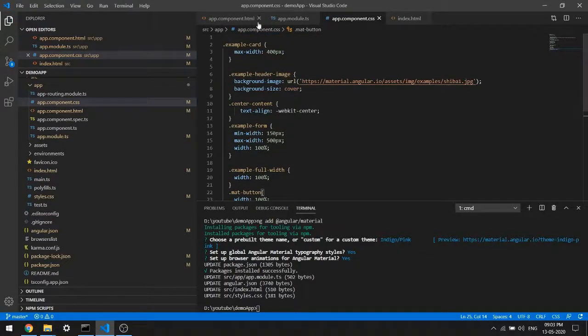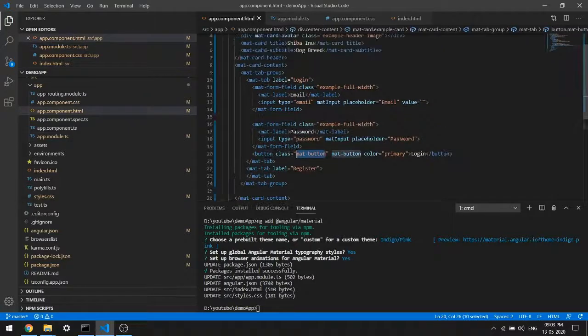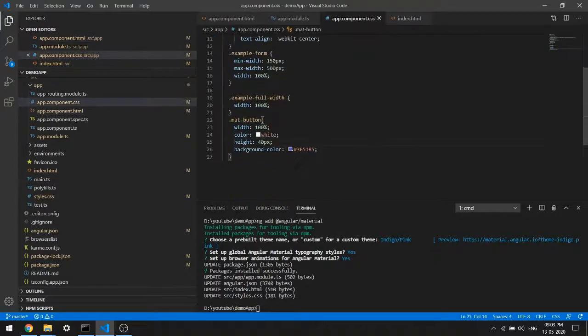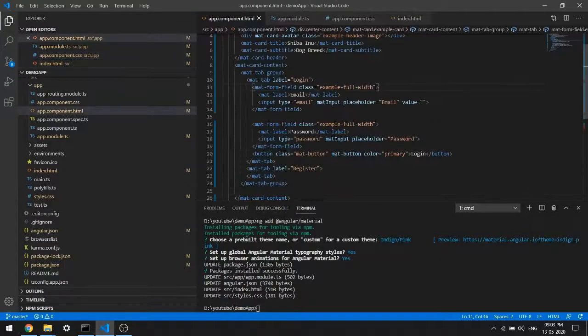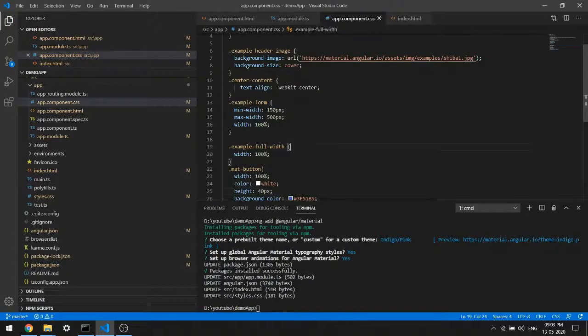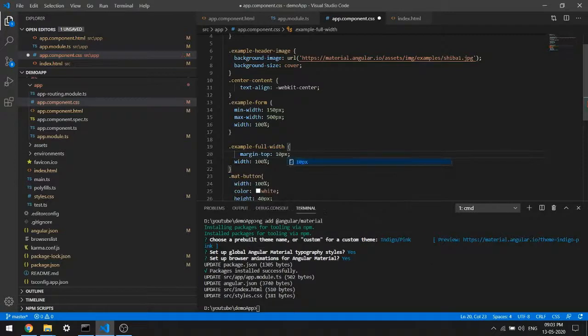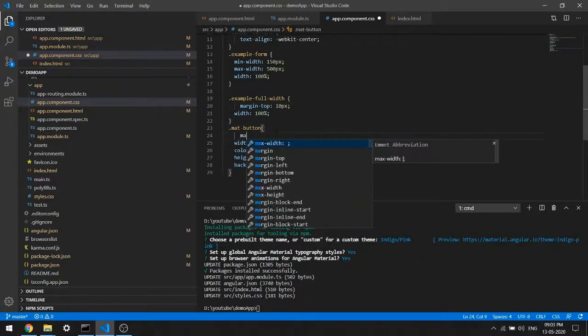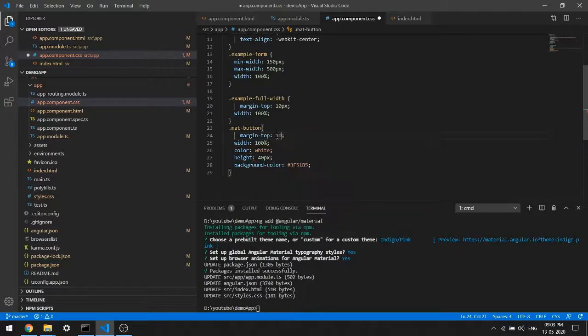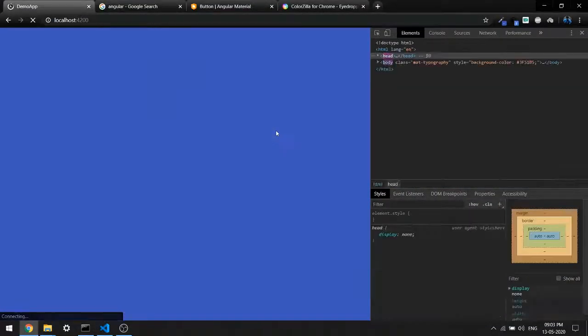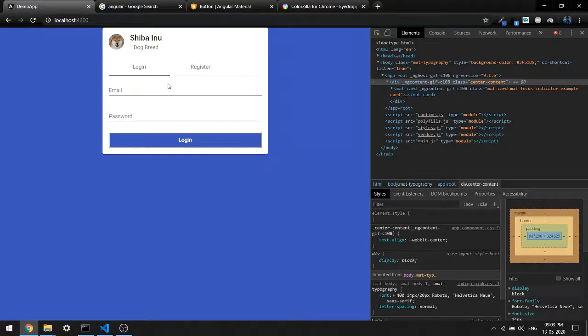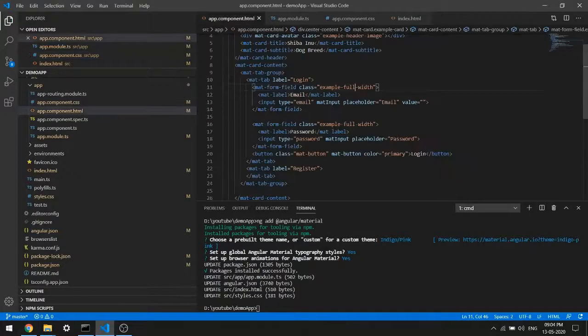So to add margin, what you can do here is come back to this HTML, and we are using this class, form field. I'll add form field, which is, sorry, example full width. So margin top 10 pixel here. Same thing for the button, I'll add margin top 10 pixel. Alright, okay, this looks better. Now what we'll do, we'll change this, we remove this image first, come back to HTML,